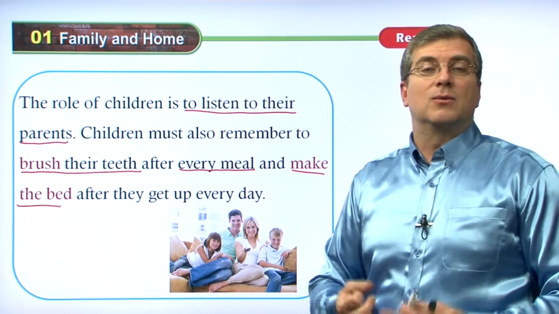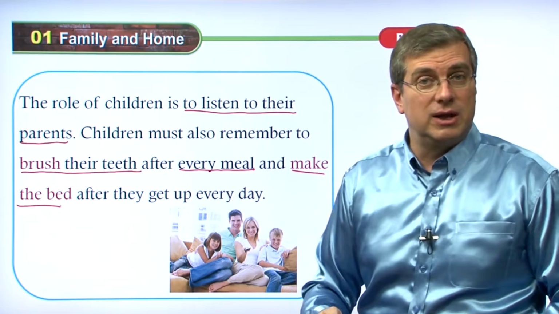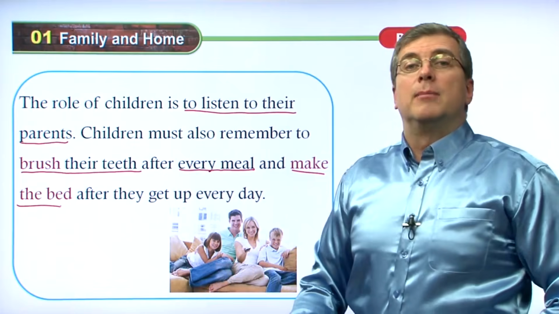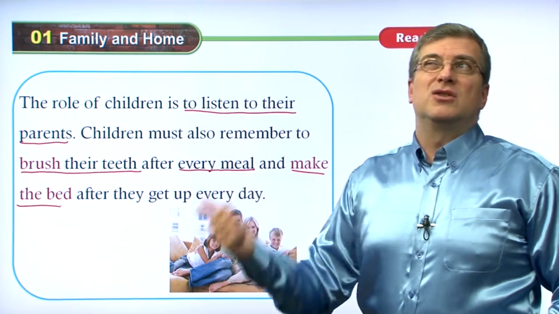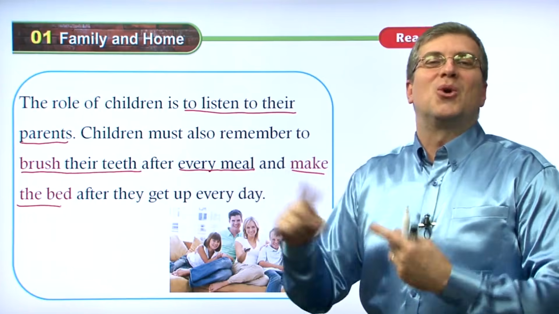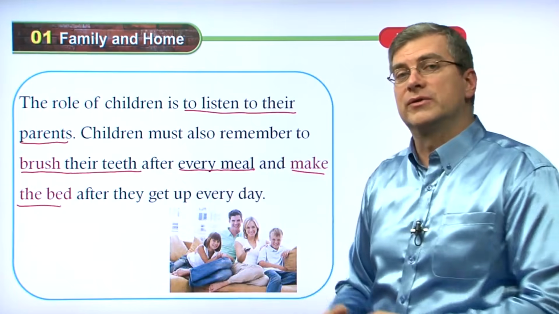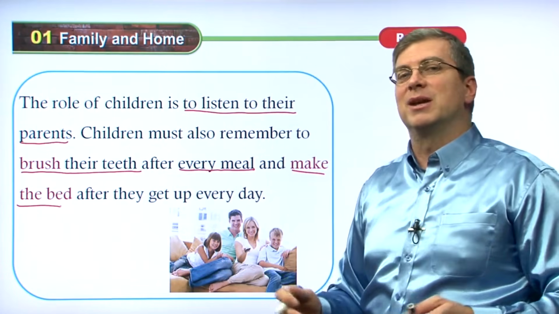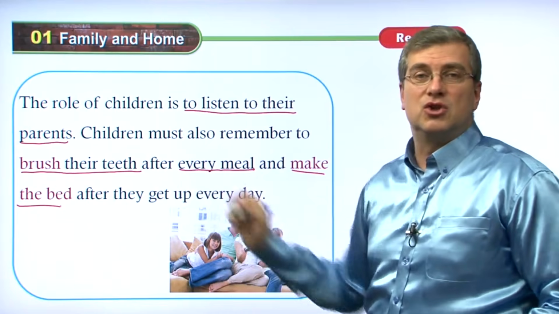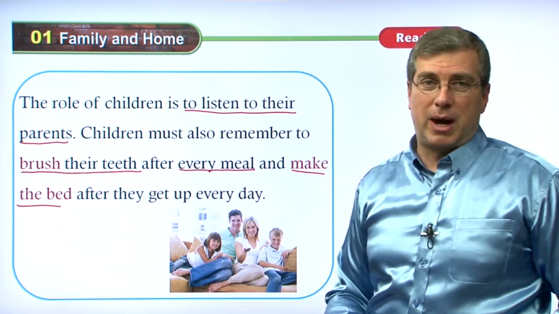Some children, like when I was growing up, my role was to wash the dishes after dinner. My younger brother, his role was to set the table, right? My older sister, well, actually, she washed the dishes, then she got older, and then I had to wash the dishes, okay? So we changed roles as we got older. But every kid might have a different chore or different roles to do in the family, okay? And these can change as people get older. But we all have chores, and these are some of the chores that children do. The main role of children is to listen to their parents.